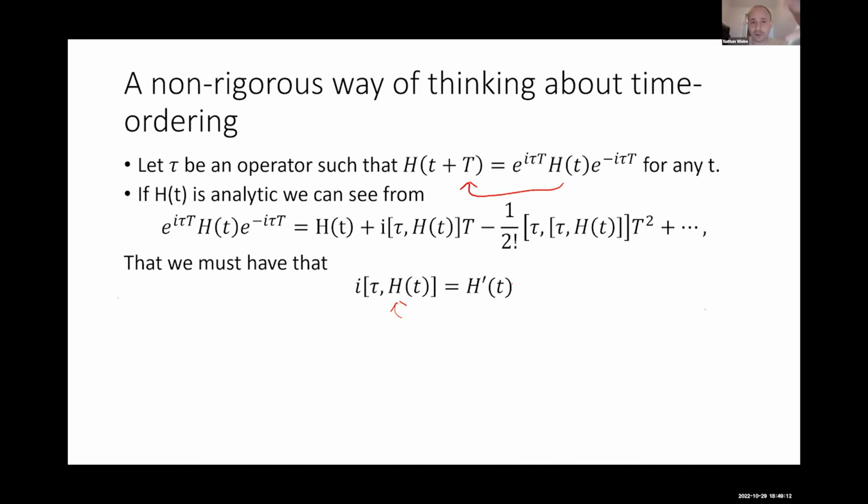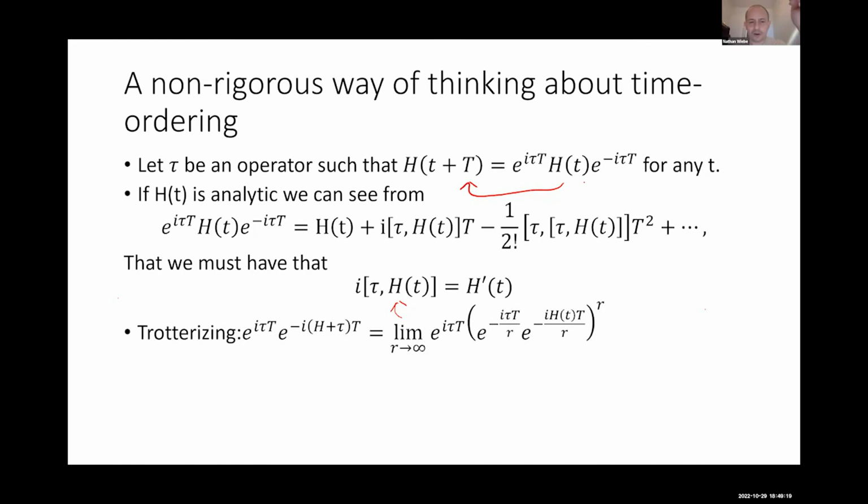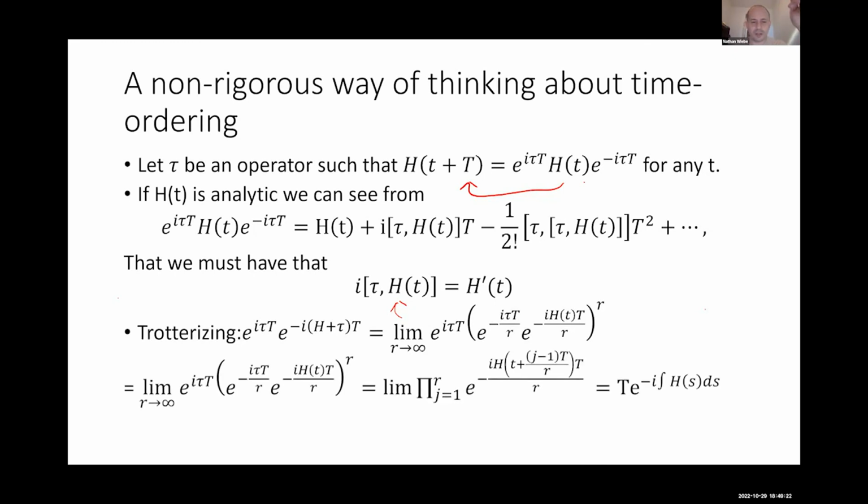Okay, so this builds a lot of intuition. We can put this tau term in the exponential in order to deal with time displacements. And in turn, by going through a Trotter argument, we can argue that the Trotterized decomposition of e to the i tau t times e to the negative i (H plus tau) t, where tau is this operator above, should actually correspond to the proper time evolution operator. So if we can build this derivative operator, which in some sense acts on a clock space, we would be able to carry it out.